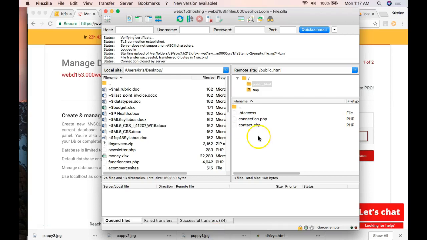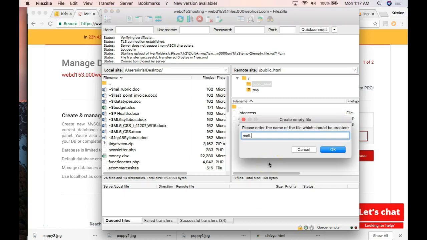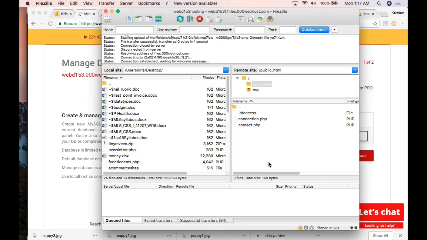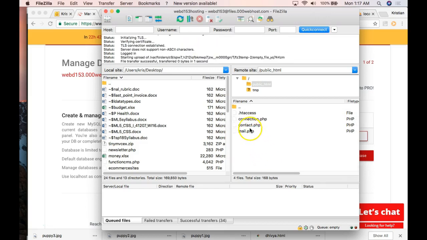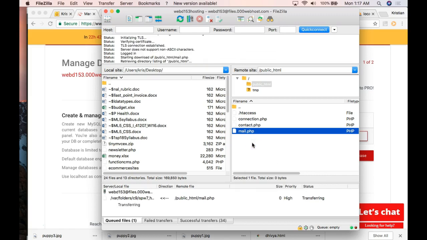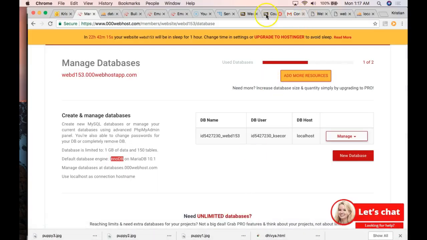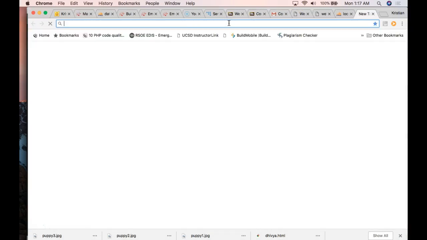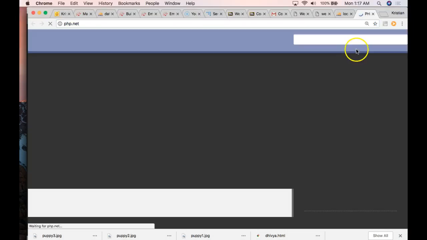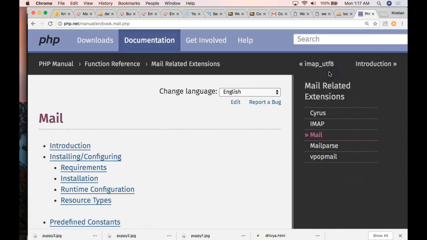Okay, now that we have a server that we can use for free, let's go ahead and test its mail function capability. So what I'm going to do is create something called mail.php, and we're going to talk about the headers that we can allow and really understand what's happening when we mail something. First off, I'm going to make sure that I have php.net up. I'm going to go to php.net, and we're going to look at the mail function and keep it open so that you can see specifically